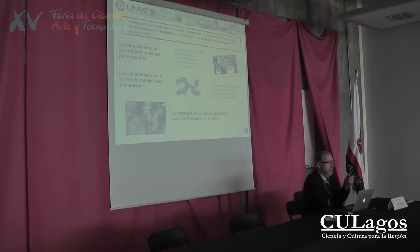So I will tell you what we are doing in each of these teams. The first one is the polymer and composites team, with three main activities, three main fields. The first one is, as I told you before, the creation of biopolymers and biocomposites with specific performance in order to do some structures. The second one is the